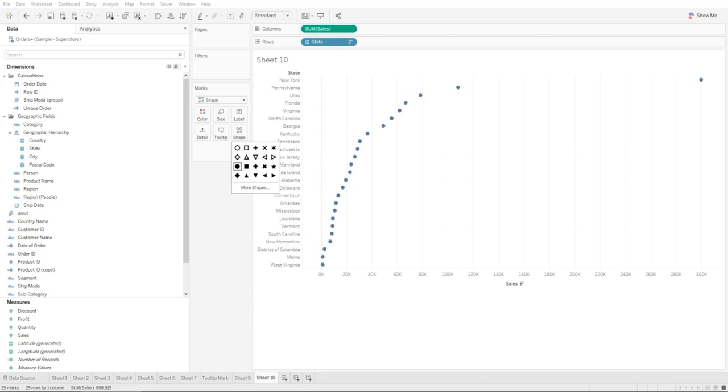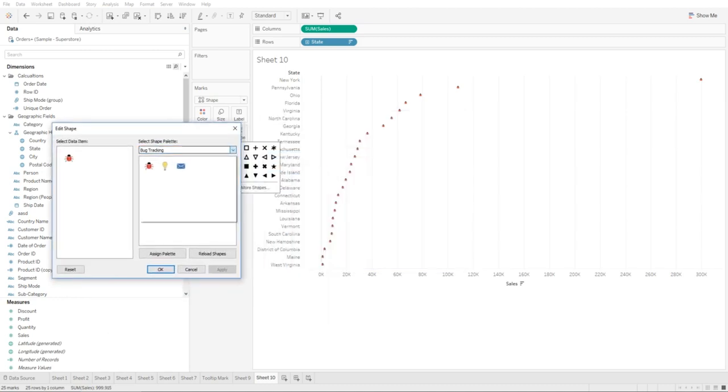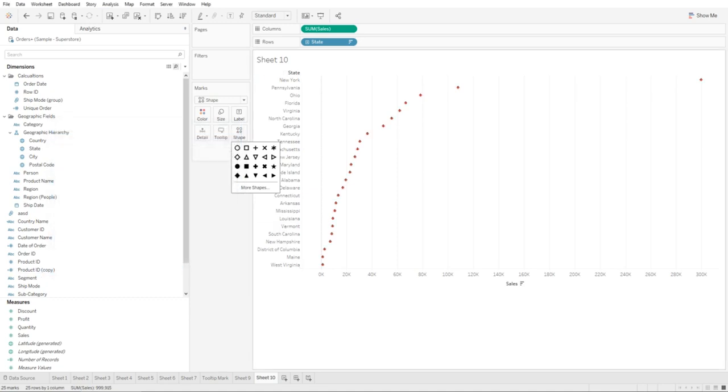So you can turn this into a colored circle, or you can click on more shapes, and over here you have a whole lot of options. So you can go to bug tracking, turn it into a bug, or you can turn it into weather, tens, arrows, ratings, turn it into KPIs. Depending on the type of shape that makes best sense in your use case scenario, you're going to make that selection. Once you click on apply, we can from here increase the size of the shape,